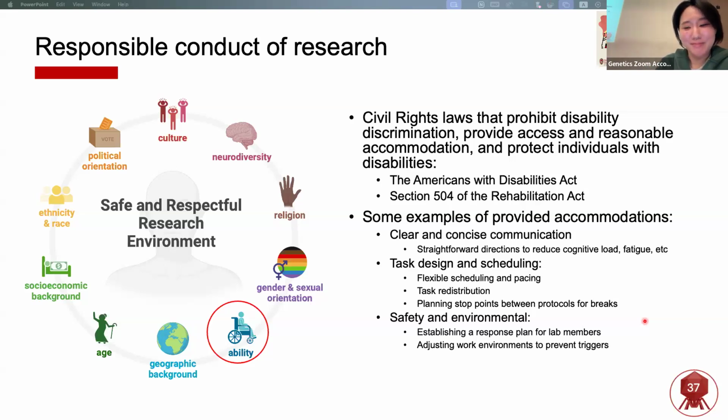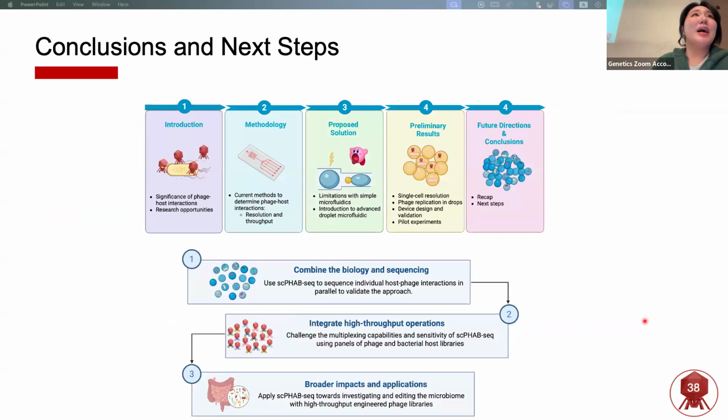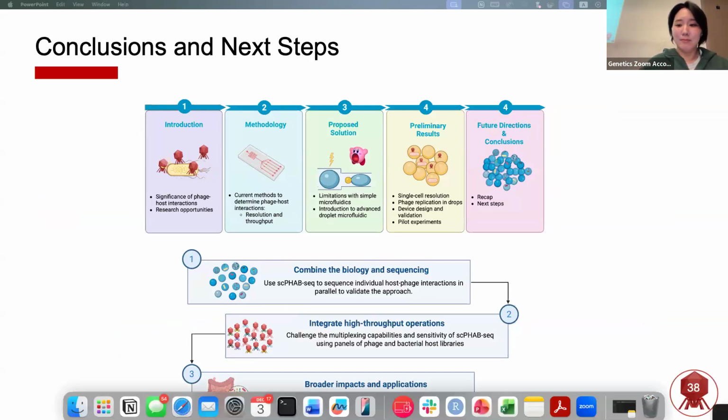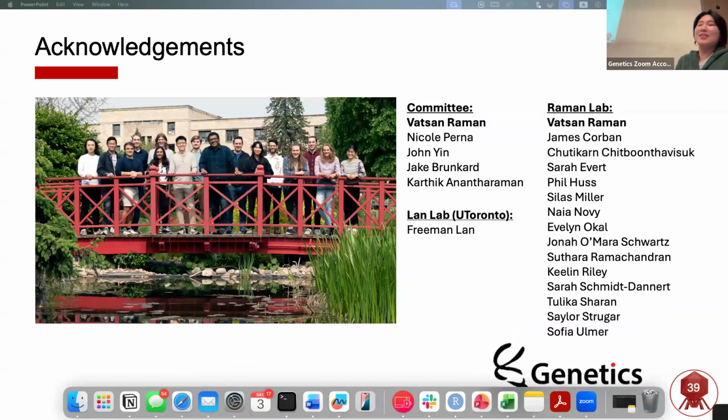So, yay. In conclusion, I went over my whole journey of how I went from this very ambitious project that evolved into a more advanced kind of technology. We're really excited to see where it goes in the future, where we actually test these phage-host interactions. And that's it. I went a little bit over, but